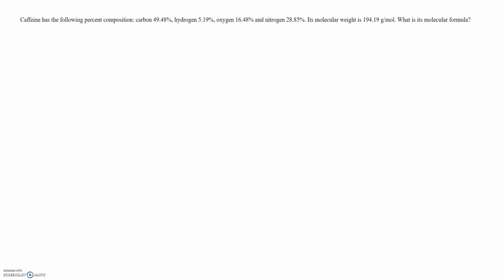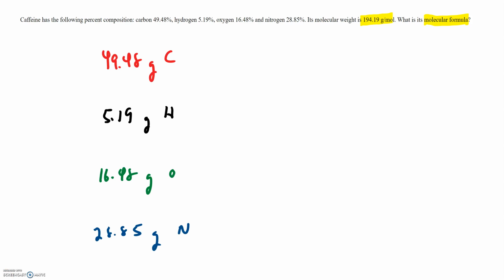So here's a question. It says caffeine has the following percent composition: 49.48% carbon, 5.19% hydrogen, 16.4% oxygen, and 28.85% nitrogen. It has a molecular weight of 194.19 grams per mole. What is its molecular formula? So the first step is we're going to find the empirical formula, and that means we're going to use these 4 steps. So converting everything from percent to mass by assuming 100 grams, we get these masses of each of